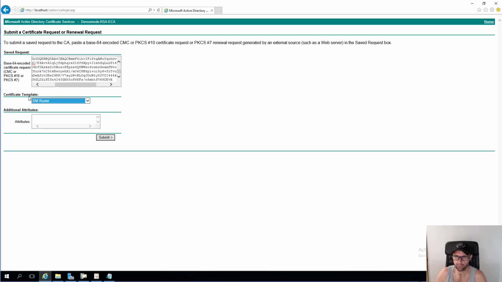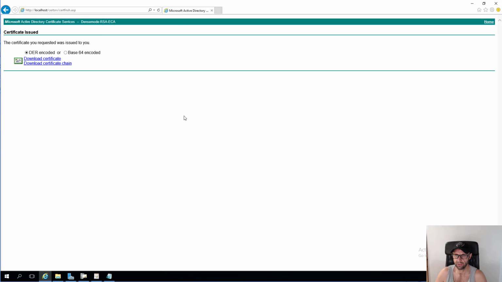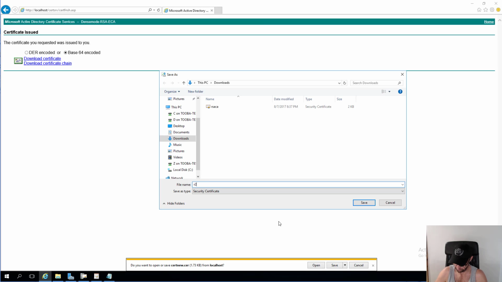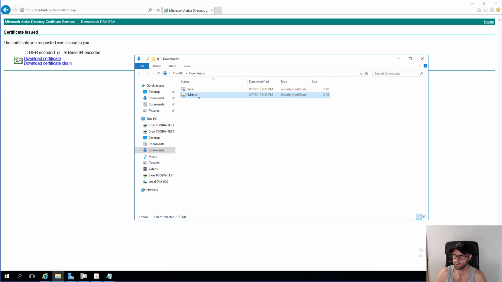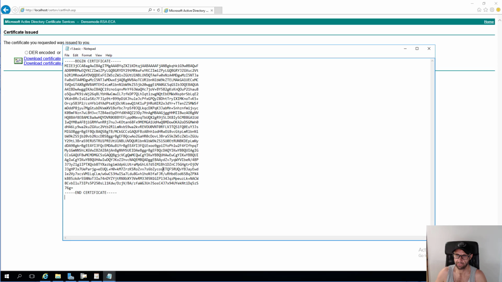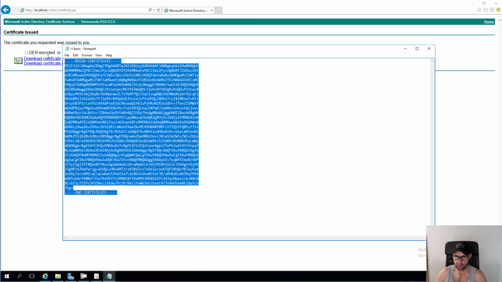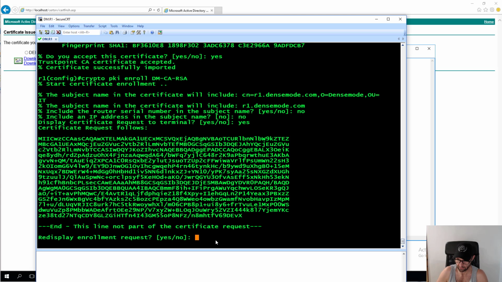So we'll select Densemode router, and there's our template, and we'll click submit, and yay, we got a certificate. So we're going to select base64 encoded, download certificate, save as, we'll call it R1 basic, because we may come back and do something fancy later. Okay, save, folder, open with Notepad, grab the chunk, grab the blob of text, copy that, back to our terminal,